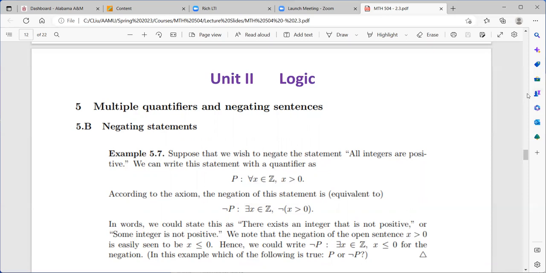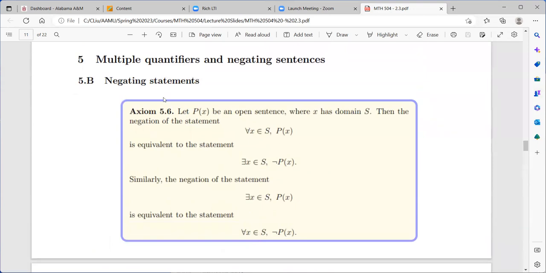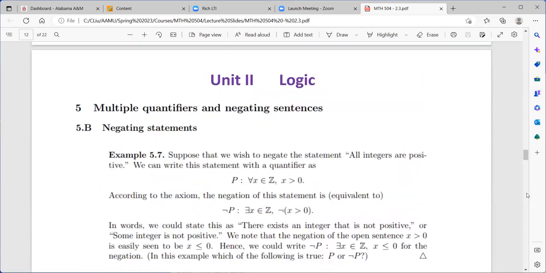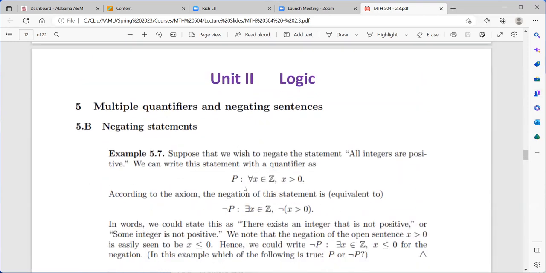According to the rule on the previous page, this is actually stated as an axiom. So you don't have to prove it. This is given, this has to be true, you just use it. So if we want to negate this statement, then we change the universal quantifier into the existential quantifier. At the same time, you negate the open sentence. So the negation of P will be: there exists some X in Z, or some integer X,